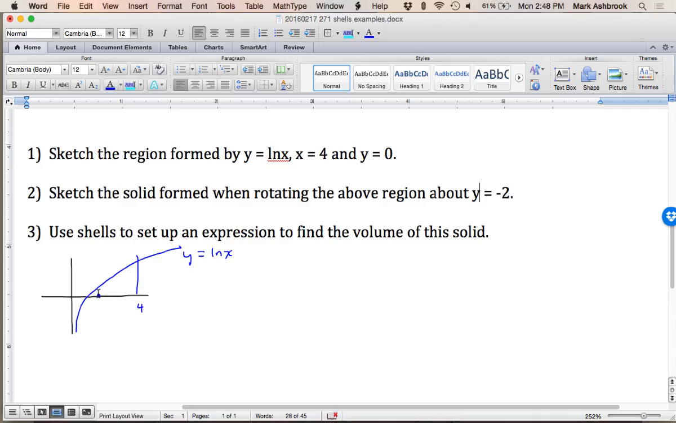Although I don't know what the Y value is. So first of all, there's the region. That's the region first of all. And then our axis of rotation is y equals -2. So what do you get when you rotate that about y equals -2? So at 180 degrees,